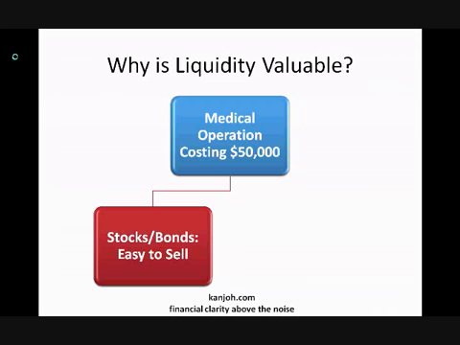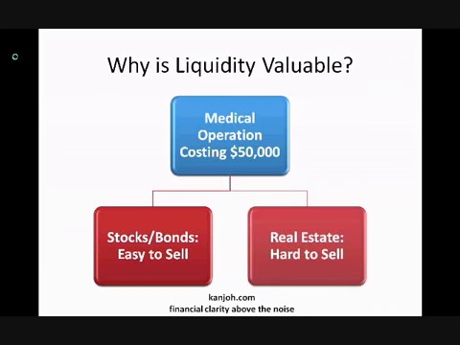No problem. But let's say instead she owned $50,000 in real estate. Now, she owns the same amount of real estate, she owns $50,000 worth, but the problem here is that she can't sell that real estate overnight to pay for the operation. So she might have to take a loss on the real estate, or forego the operation, or maybe borrow the money at a very, very high interest rate. These are not good things.